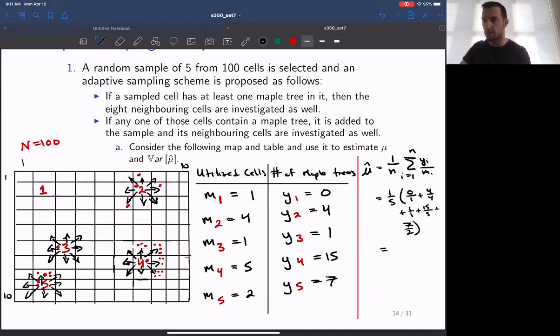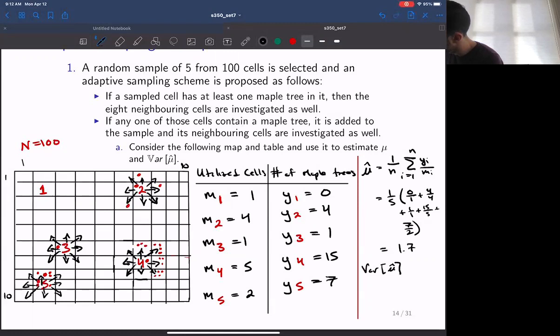No, that sounds a bit off. Let me just check this here. Okay, so that gives us 1.7. Right, and then we have